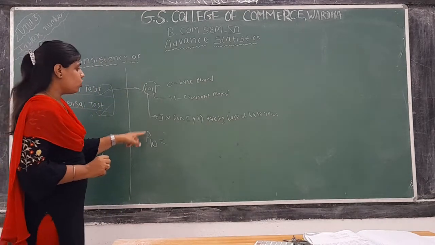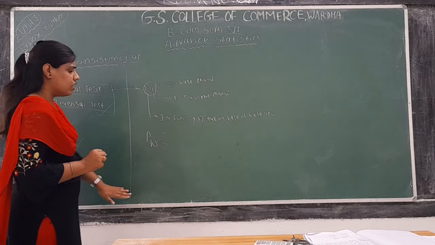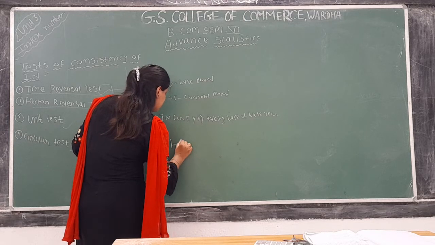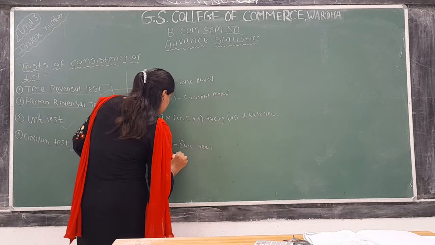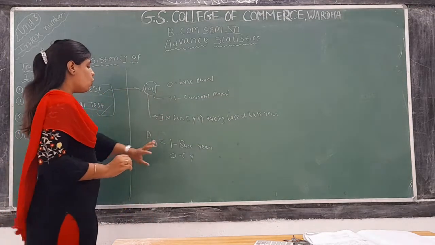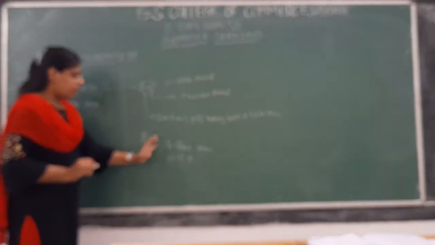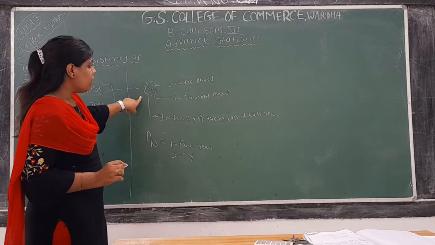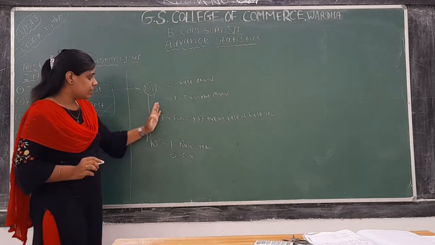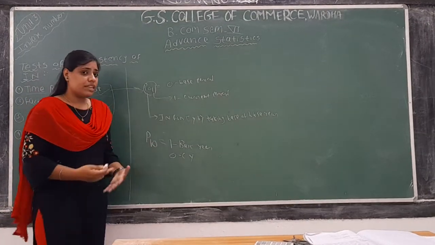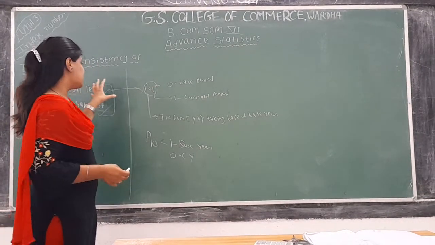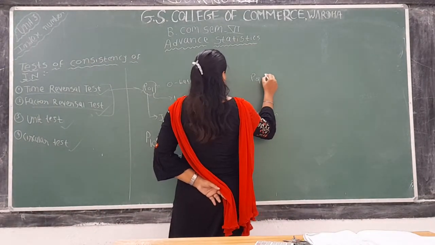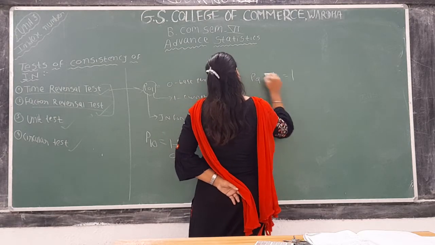So when we are going to reverse the base year, like when we do T10, we are going to reverse the base. Now we will consider that 1 is the base year and 0 is the current year. Now we are computing the index number for the base year by taking the current year as base. Here we were considering 0 as base year and 1 as current year, and here we are reversing the time period. So according to the time reversal test, when we reverse this time period, P01 into P10 should be equal to unity.